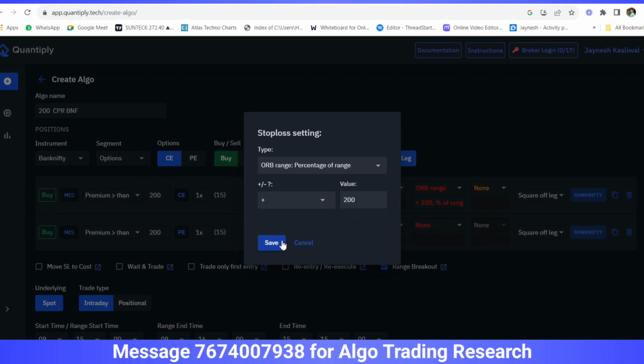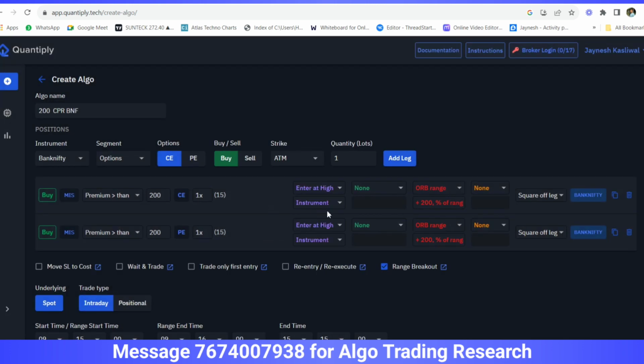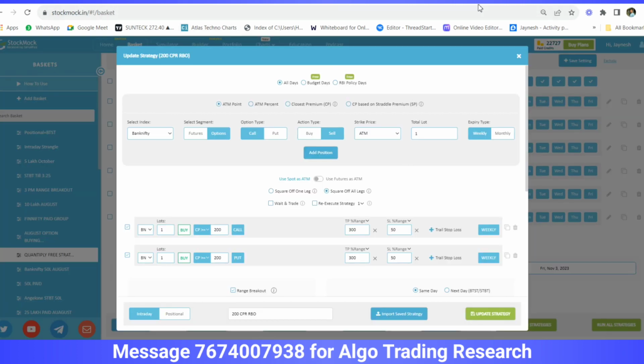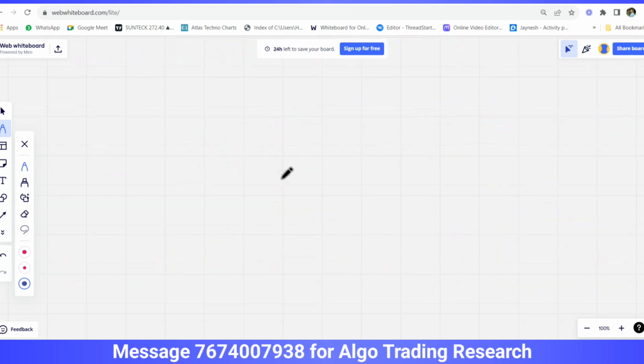Here, range is the base value of the upside. Here you see ORB range. Basically this is the base value of the target here. So we have to select the base value plus the extra range that we have to add in the target here. मतलब ये समझ में आया आपको कि ORB रेंज प्लस 200% ऑफ द रेंज, मैं आपको प्रैक्टिकली बताता हूँ